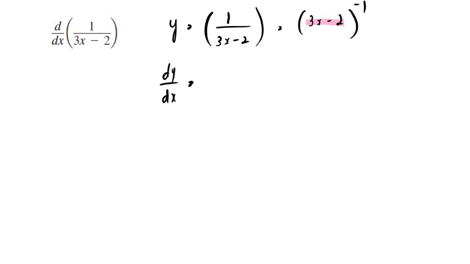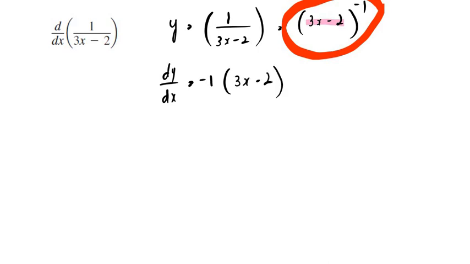Now dy over dx is equal to, now here the baby function is this, and the parent function or the mother function is this all together. So we'll differentiate the mother function. It's minus 1. We write the baby as it is, 3x minus 2. We are using the power rule here, and we subtract 1 from here, so it's minus 2. Now we differentiate the baby function, which is 3. We'll take it to the front, so it's minus 3